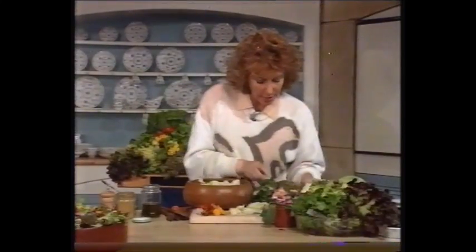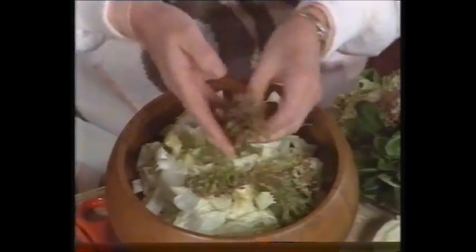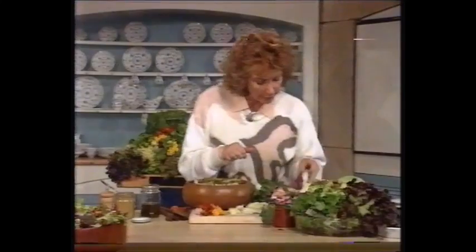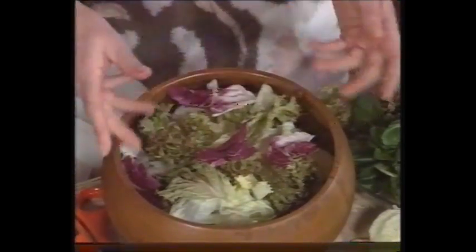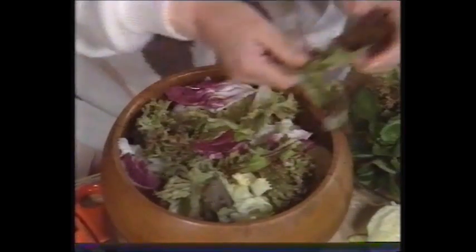And then into that I'm going to put some bits of the others, all washed of course and spun in a salad spinner or patted on a cloth. This is the Lolla Rosa, frilly edged and pink, really lovely. Don't have to use all I've got in the bowl. Then I've got some of the radicchio, this lovely pink colour, spot it through it, you can add some at the end, and the oak leaf, tear it up, leave it whole, just decide the size of the pieces that